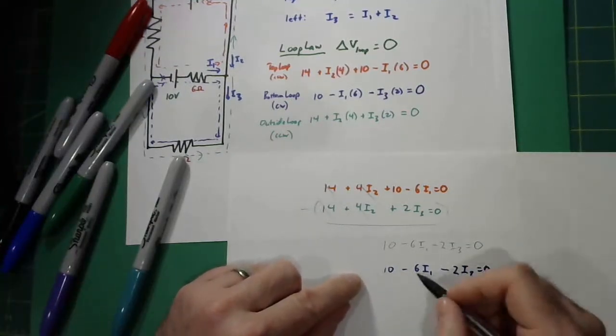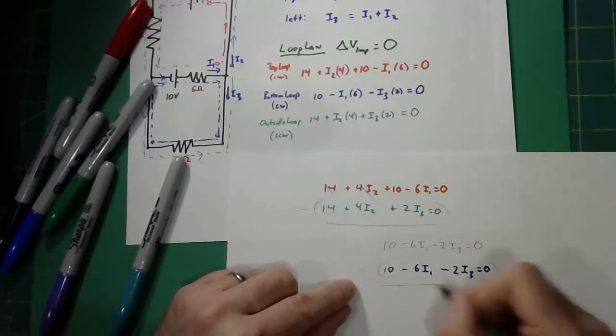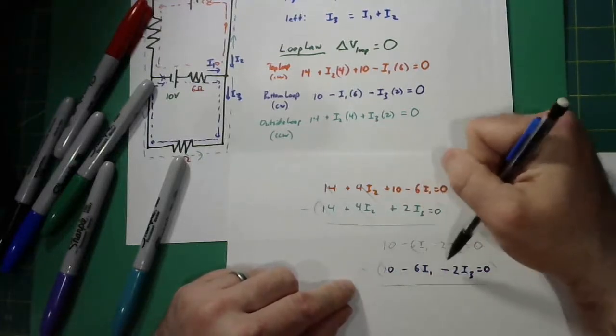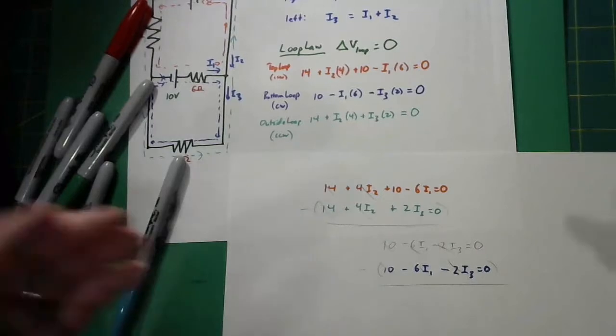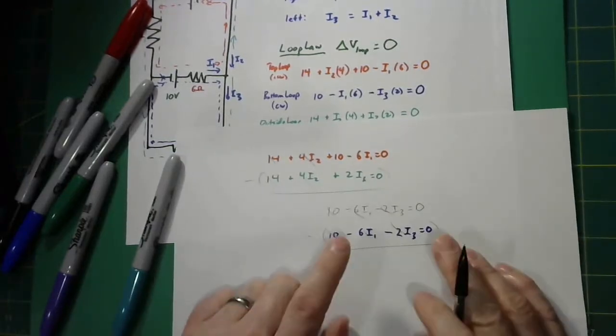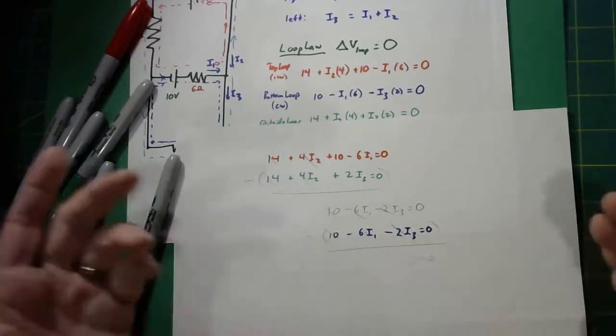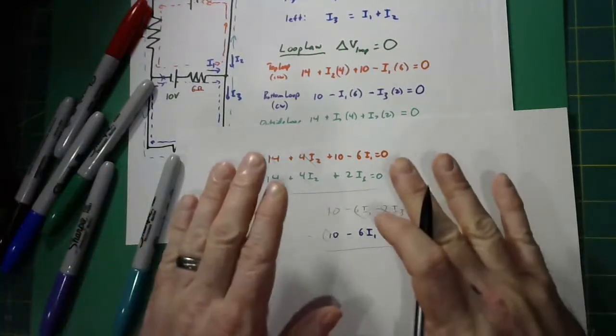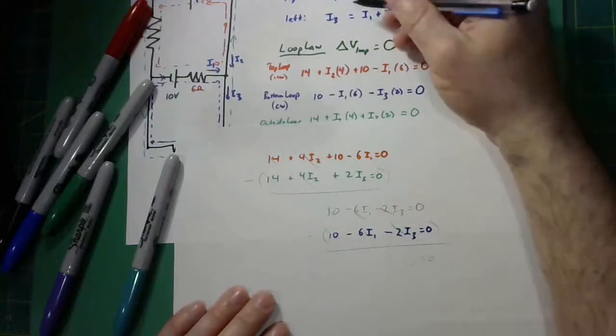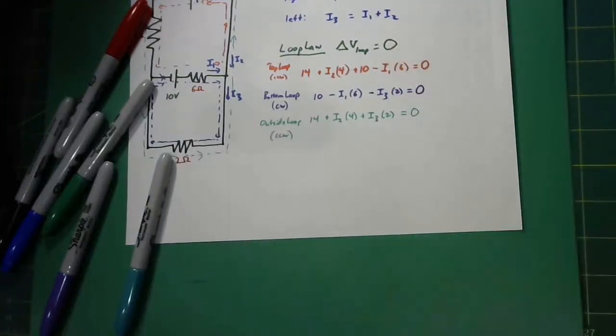You tell me, what happens if I now subtract this equation from this one? What do I get? Everything drops out, right? And you got nothing solved. You get the big 0 equals 0. That's not helpful. So we really absolutely need to do a combination of junction laws and loop laws to